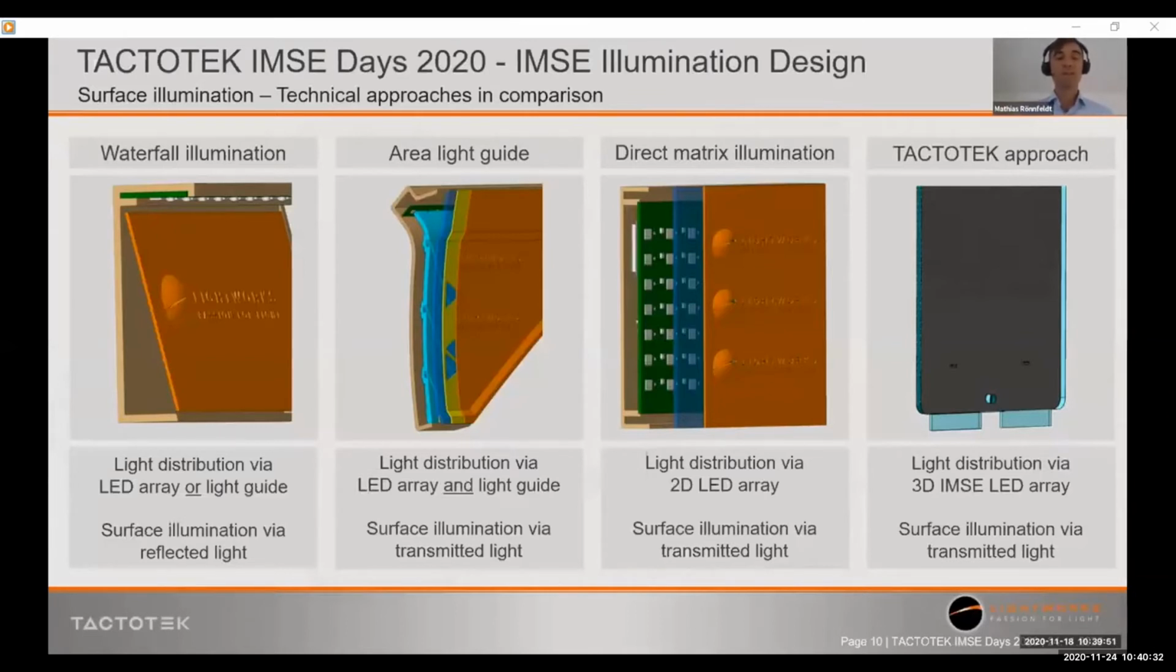But as you can see here, the light guide is shown in light blue. Then we have here in yellow a certain covering on the B surface of the cover, and this will give you in the end the pattern that will be illuminated. And here I'm using also an LED array or a light guide to illuminate the area light guide. The third approach is a